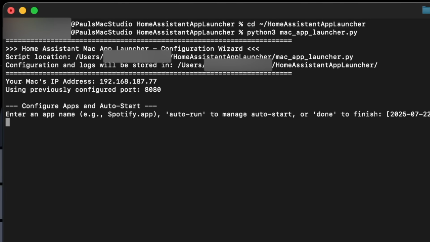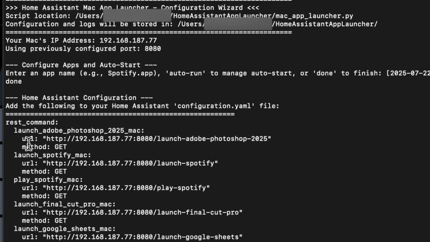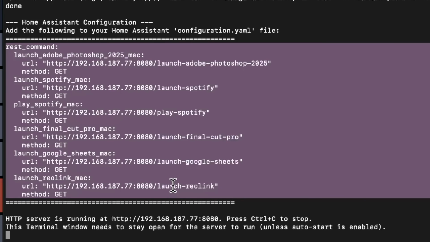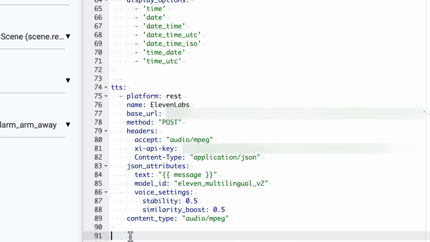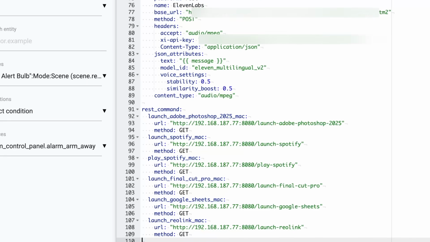And then in here, so we don't want to add anything new at the moment, so we're just going to type done, because that will give us our list. So anytime you type done in here, it will give you a list of URLs, and this just happens to be the thing that we need to add to Home Assistant's file editor. So if you hit Control-C on that information there, and then paste it to the bottom of here, you've now got a different URL for each individual thing, and you want to save that.